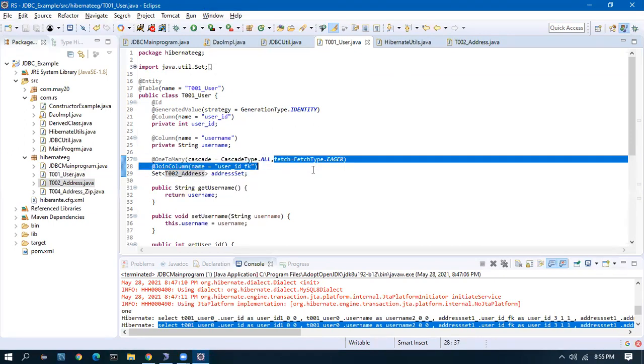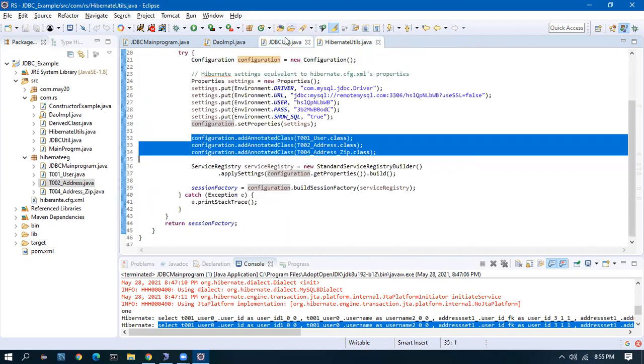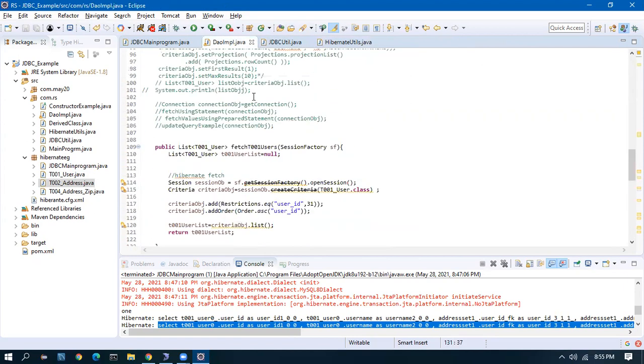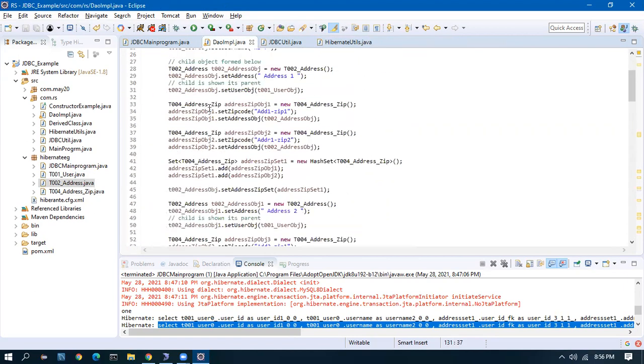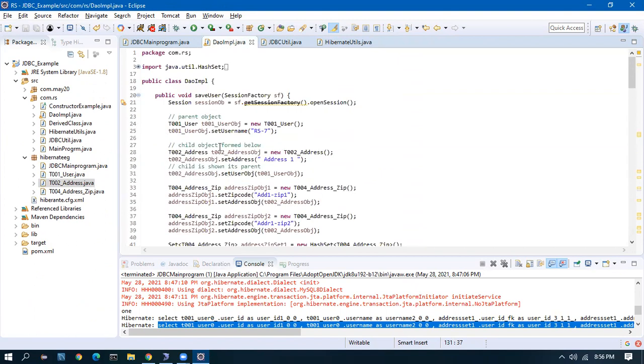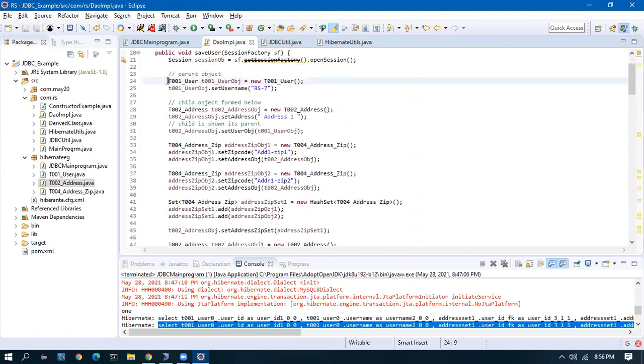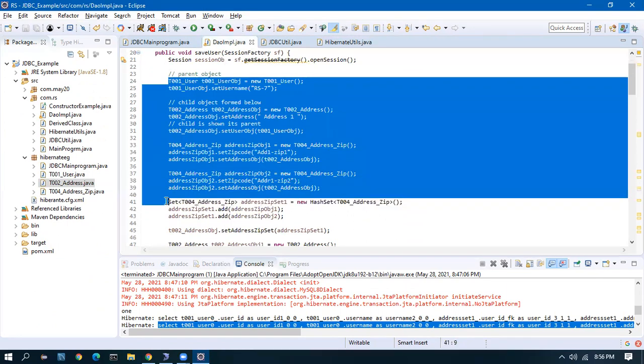And we saw today what is eager and lazy. I'll give some example. I noted it down, so later I'll come back to this and show you. And then we saw lots of examples on how to fetch, how to write a criteria, how to save an object, and setting up the parent child, which is one of the key things.